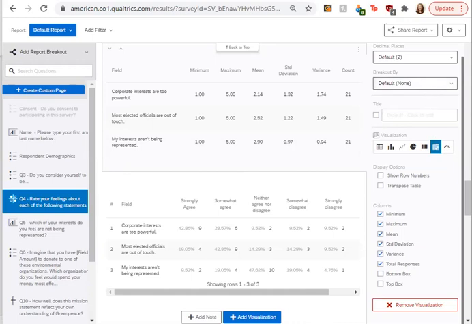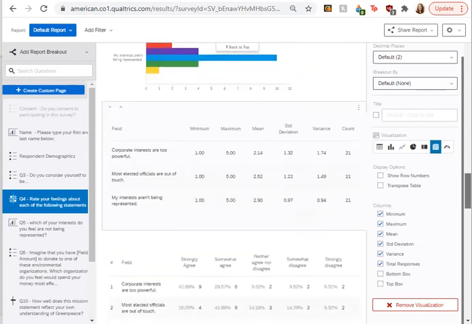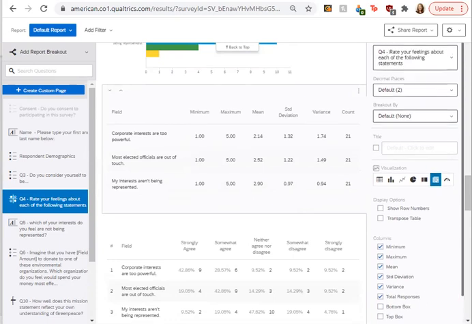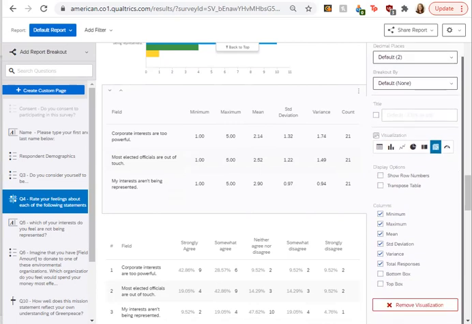All breakouts can also be done by embedded data. So if you want to filter any of your results, that is possible there. And that's just an option for visualizing descriptive statistics. You just have to select which options you would like on the right-hand side.